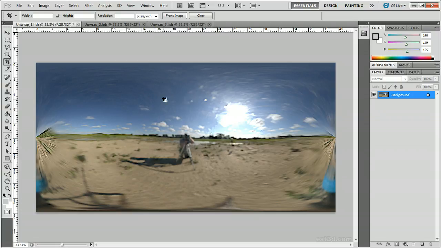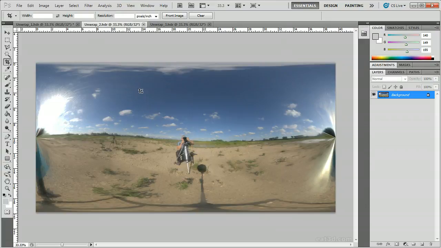But again, it's the little details that make everything look real. Your eye will pick up on the little subtleties, and it'll decide whether what you're looking at is really realistic or fake. So we want to be as accurate to what we had on set as possible. As you can see, these areas along the side here are completely useless, but the areas in this quadrant are actually usable. So the first thing I do is choose any image, and I'll start with 2 here,